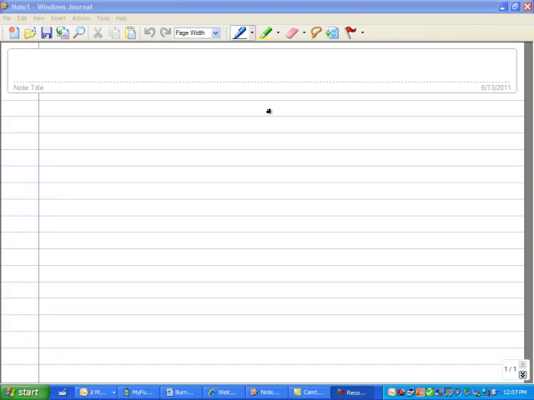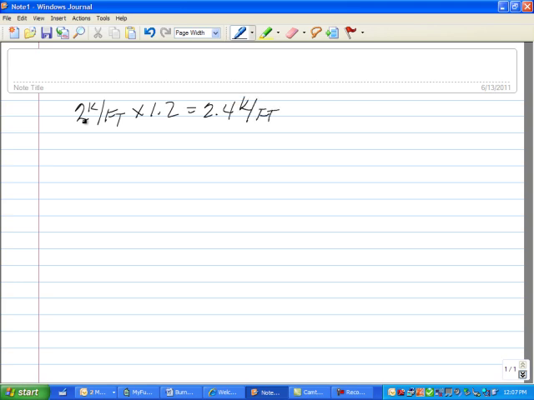Since this design problem is an LRFD problem, the first thing we're going to have to do is factor the loads. The 2 kip per foot dead load gets factored by 1.2, and that gives a uniform factored load of 2.4 kips per foot. The 10 kip concentrated live load gets factored by 1.6, so that gives a concentrated load of 16 kips. Therefore, to find the total factored moment, M sub u, we will perform a shear and moment